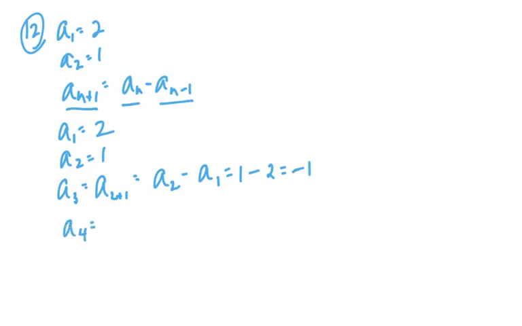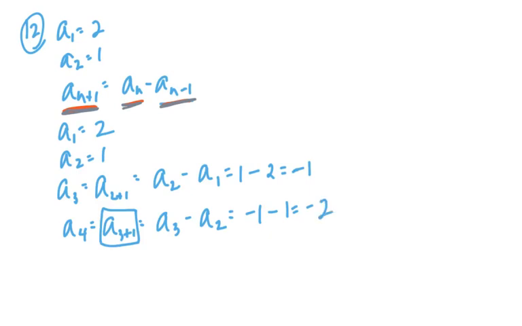So now we're going to find a sub 4. And that's really a sub 3 plus 1. So we have a sub 3 minus a sub 2. Now this right here is not as important. Remember that what we're looking at here is the current term, the term before it, and the term 2 before. So we have the current term, the term before it, and the term before that. So let's go back. A sub 4 then is -1 minus a sub 2, which is 1, and that makes